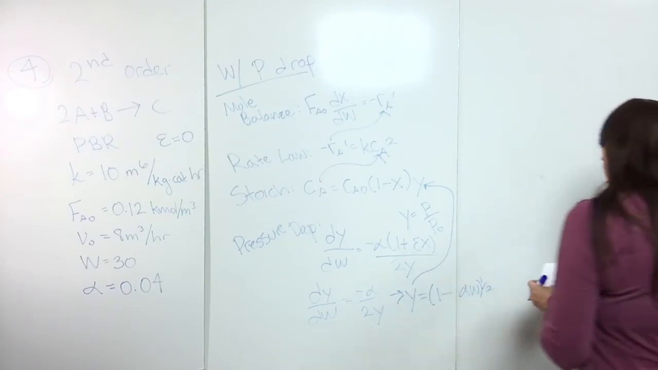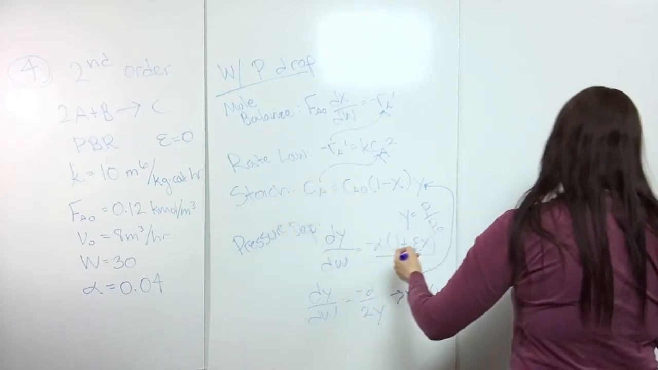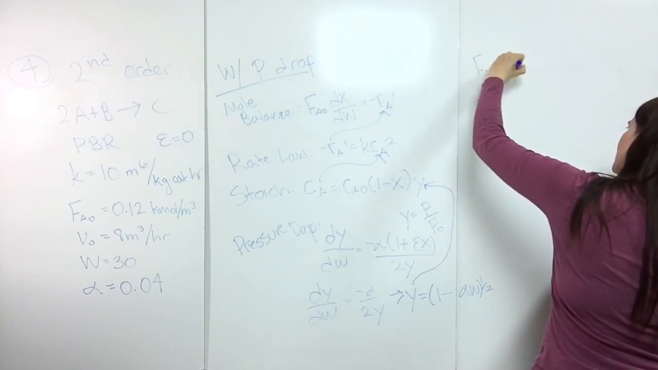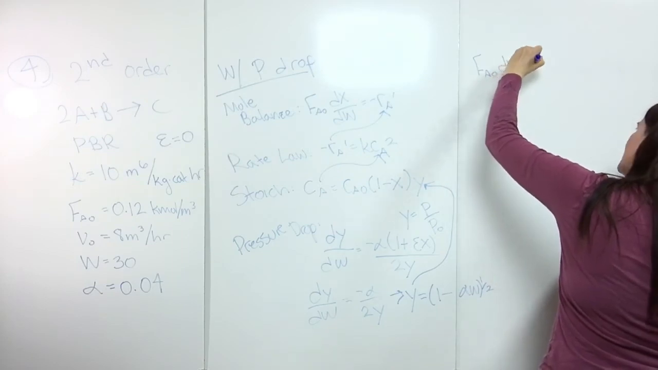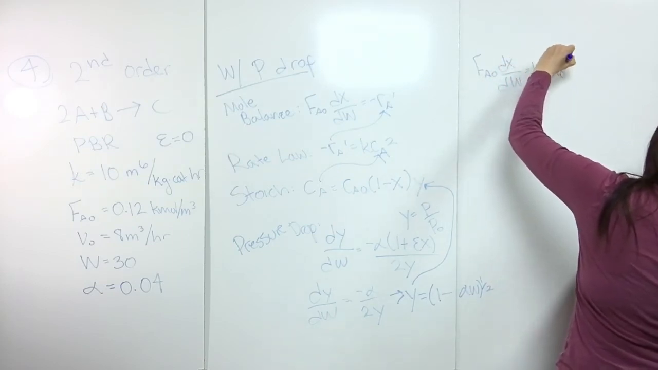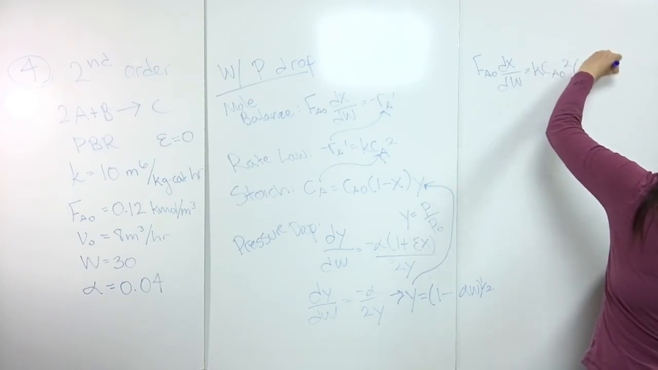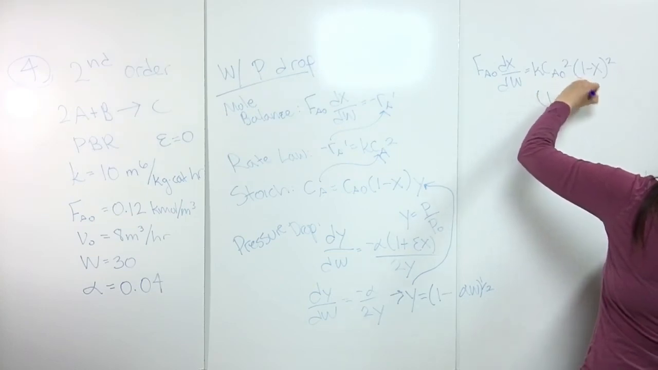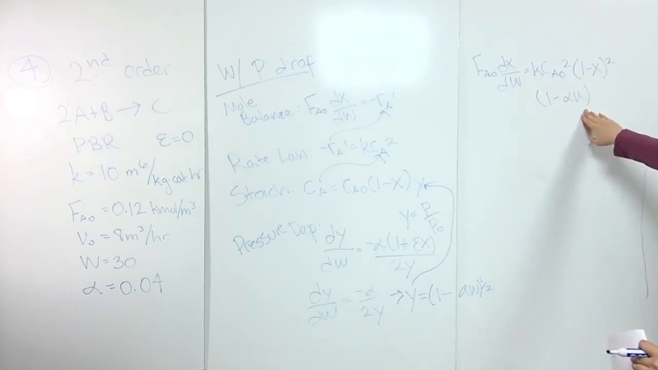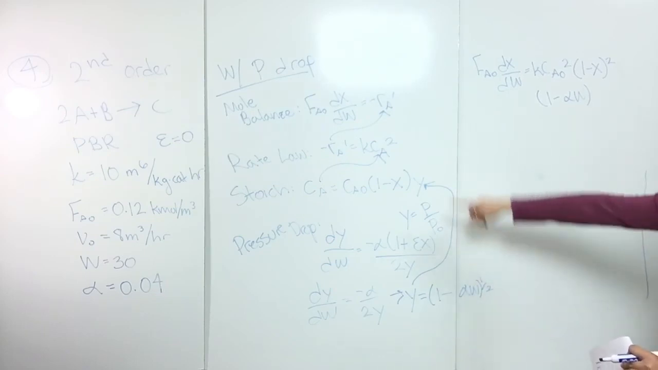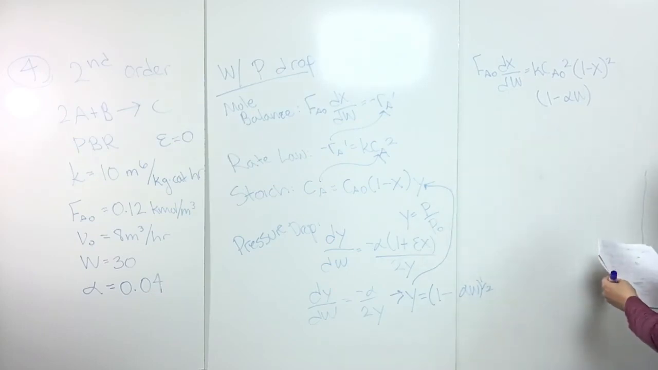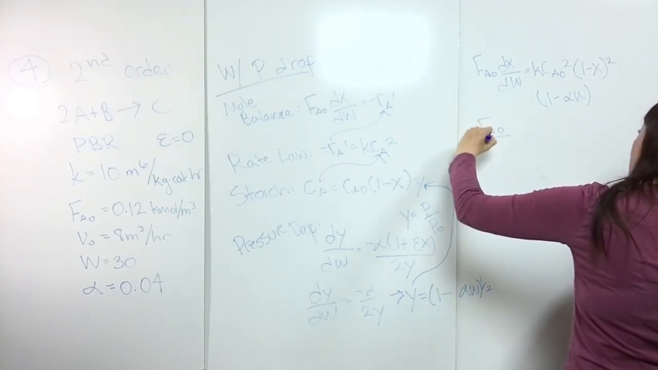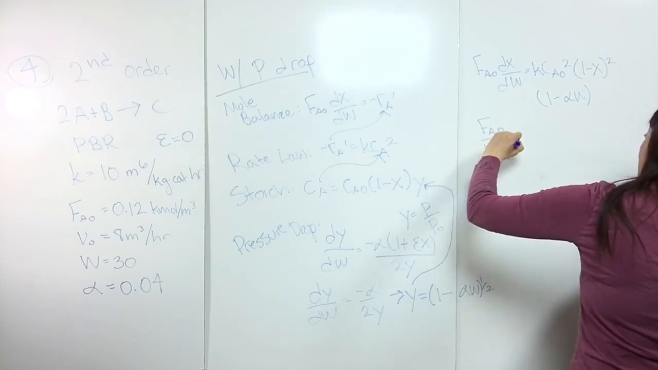So anyway, if we combine all of this, then we get Fa naught dx dw is equal to k Ca naught squared (1 minus x squared), and that's all multiplied by 1 minus alpha w. And that's not squared because it was to the 1/2, and so when I squared it, it's just 1. So then I can separate and integrate, and so I get Fa naught over k Ca naught squared